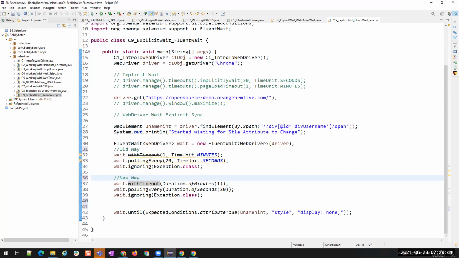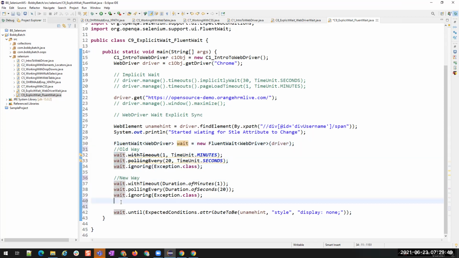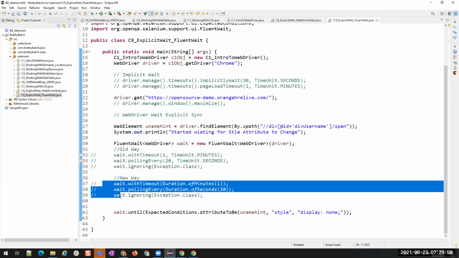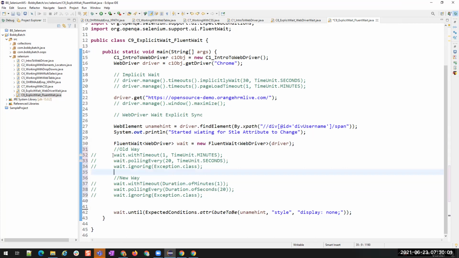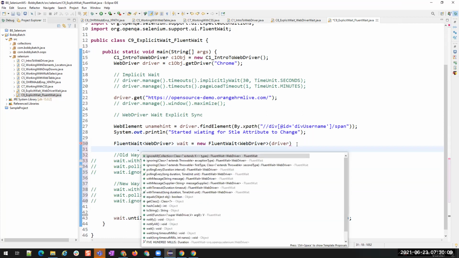Now here, if you see, I've created a WebDriver. I mean, I have created a wait object for FluentWait, and then I'm always using wait dot, right? Now there is a way that I do not need to use this wait dot. Just comment this, just for explaining the other one. These are the two ways that we can use this wait. Every time I'm using wait dot. But if I remove this semicolon, then I can use it directly like this